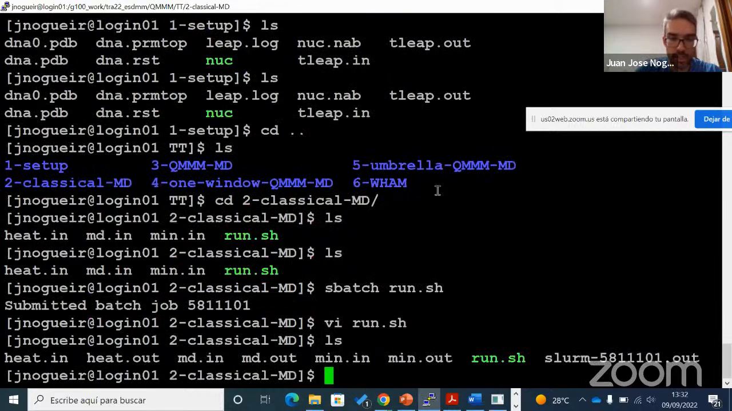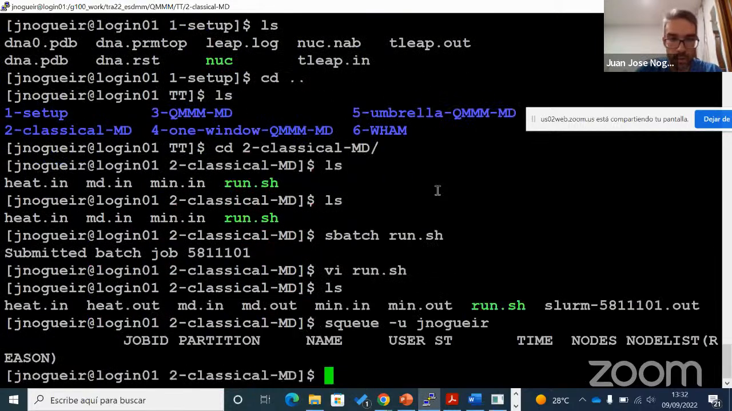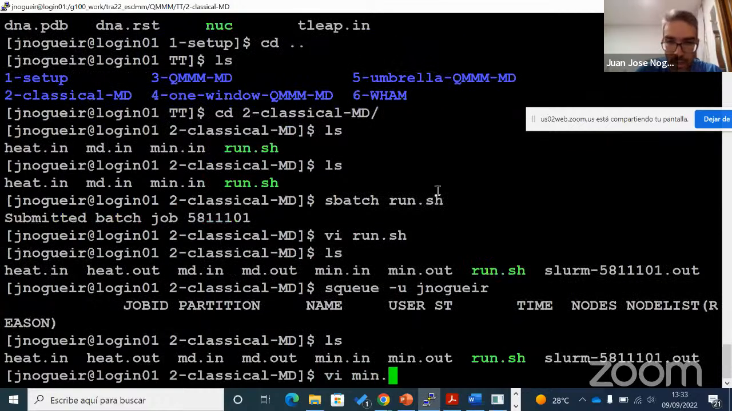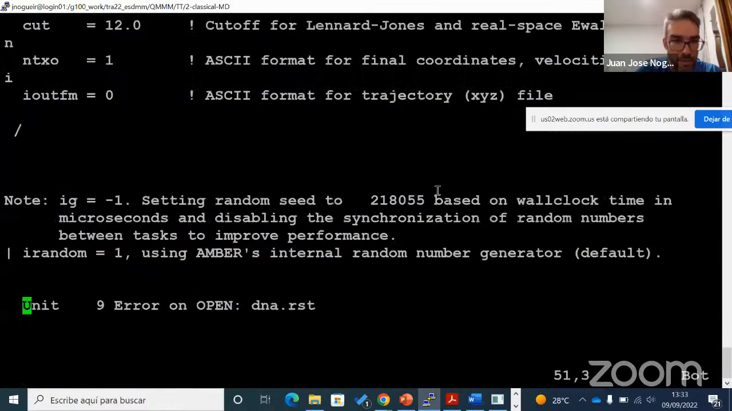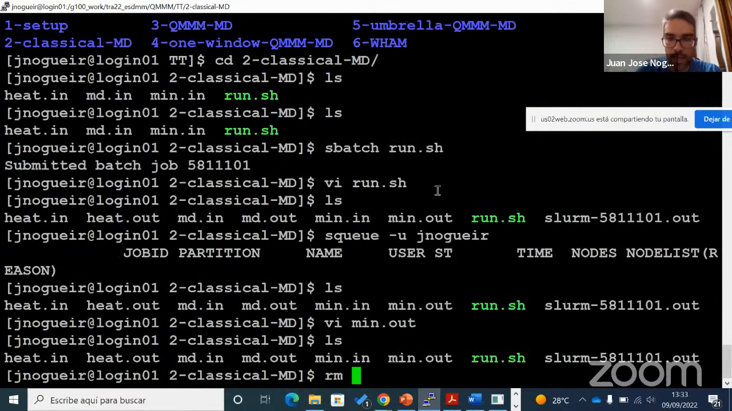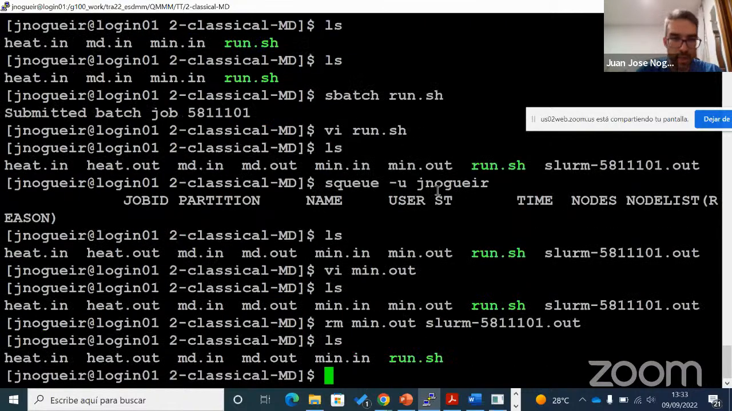So let me check if something was wrong, because I think that the simulation crashes. Okay. Of course it crashes. Let me delete the output files. Okay. Before running anything, of course,